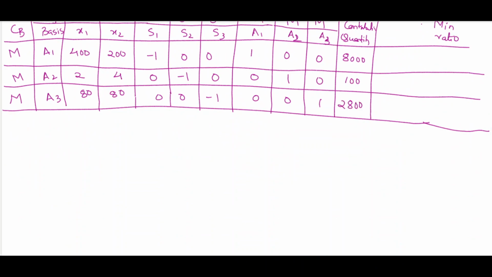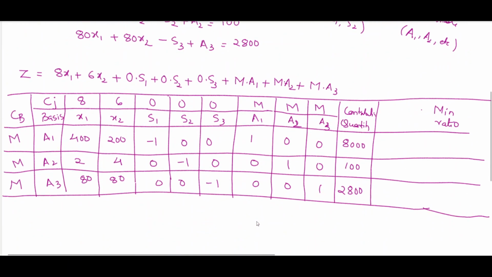And the last column we won't work out now. We have only input the values in the first iteration. You can see the first row is the contribution of the variables in the objective function z. And the second row gives the variables. What are the variables used in the objective function z?